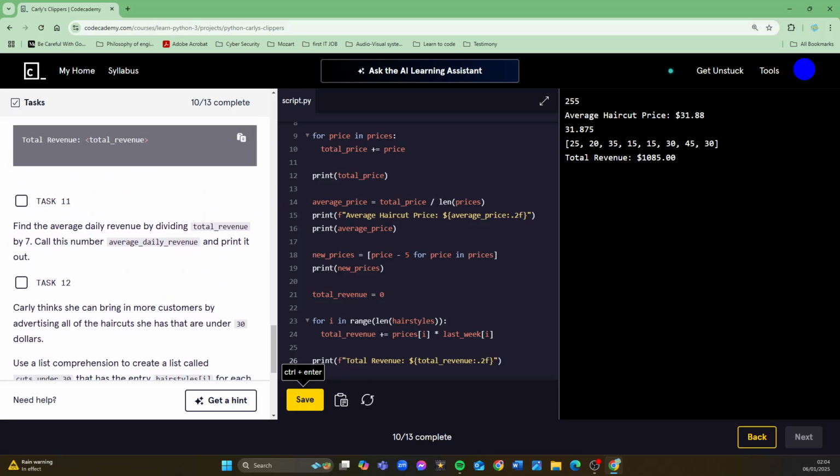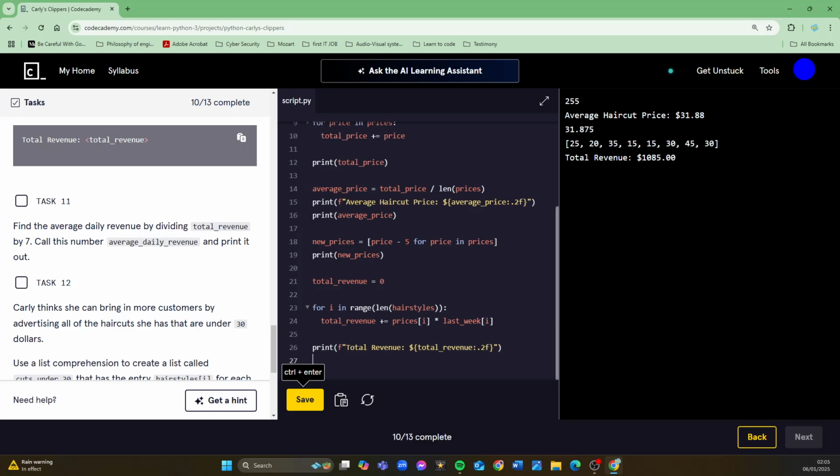Okay, task 11. Find the average daily revenue by dividing total revenue by 7. Call this number average daily revenue and print it out. So I'm going to do total revenue